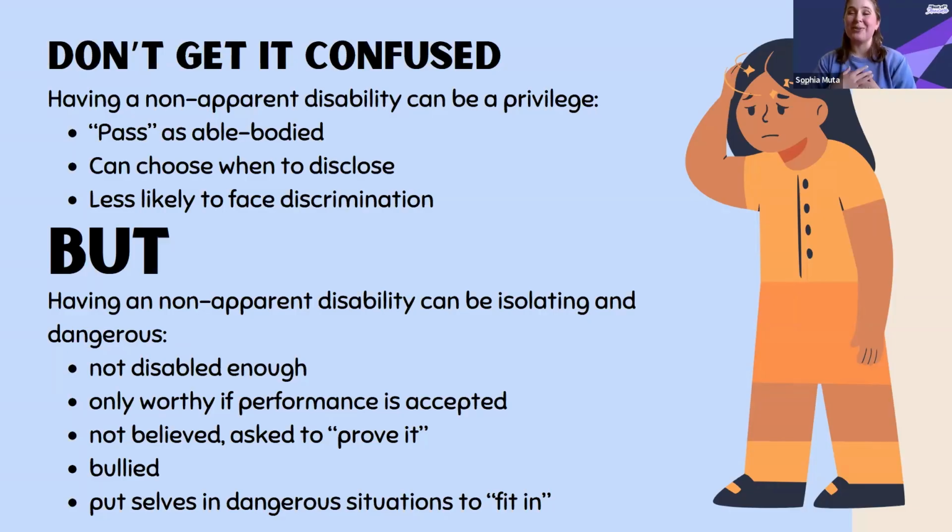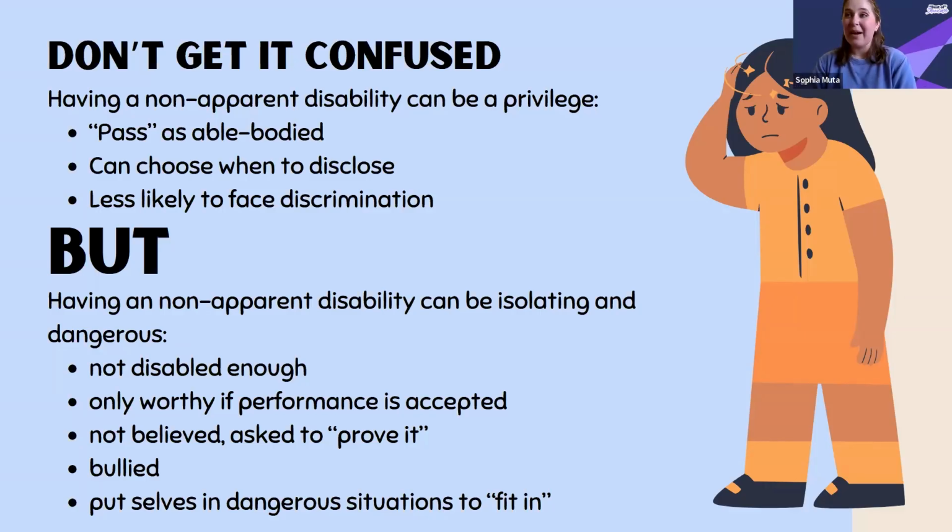So I am choosing to disclose to all of you that I have a disability, but I don't have to do that in every single space that I'm in. And that is a protection for me as someone who gets to choose when to disclose. That's where, for me, ableism doesn't always affect my life, because I get to choose when I disclose and when I get that oppression put on me. I'm also a lot less likely to face discrimination because people aren't able to tell visually that I have a disability. So with all that said, a non-apparent disability can be a privilege, but also it's isolating and